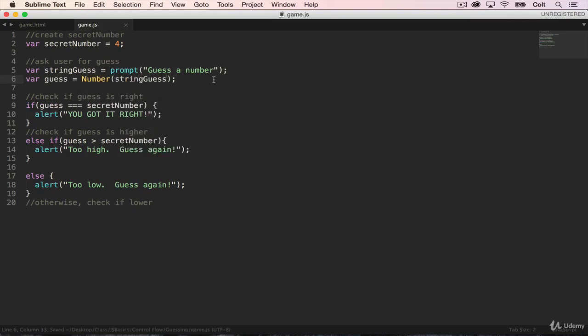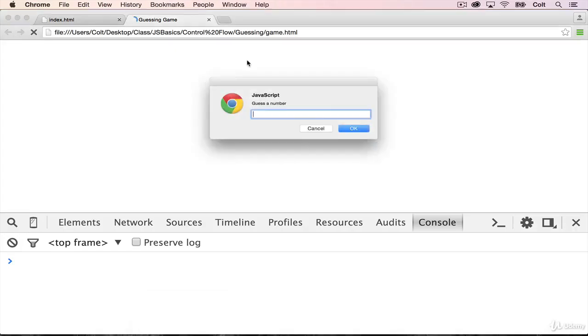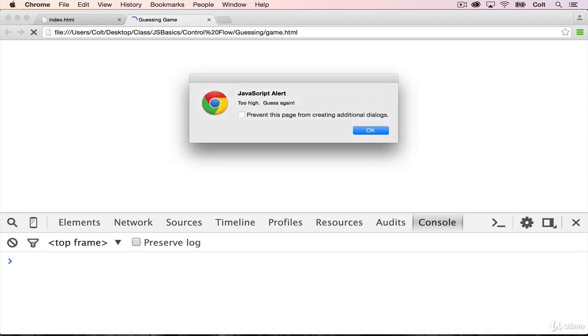So it's more explicit to do it this way. We get the string guess from prompt, it's a string. Then we turn it into a number and save it to a variable called guess. And then we're using that variable called guess. So just double check it still works. Too high,